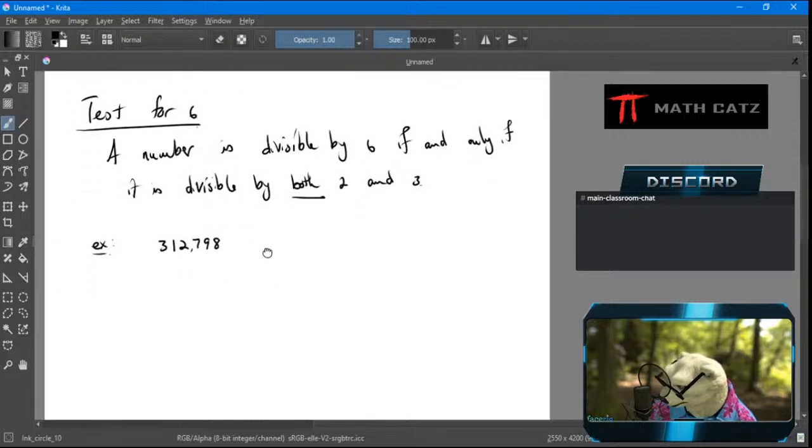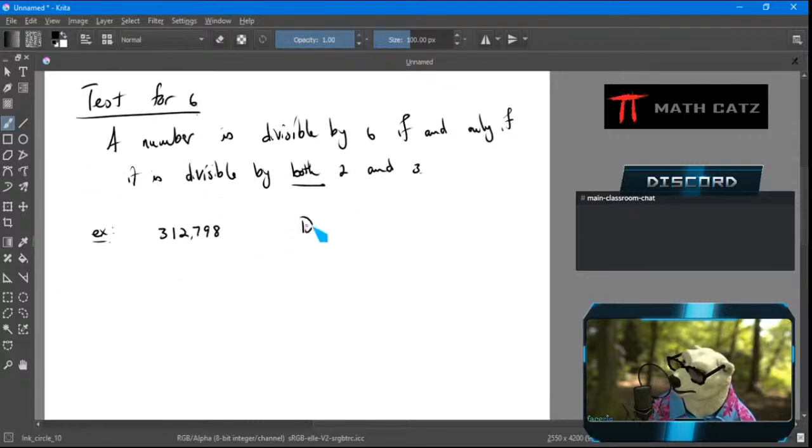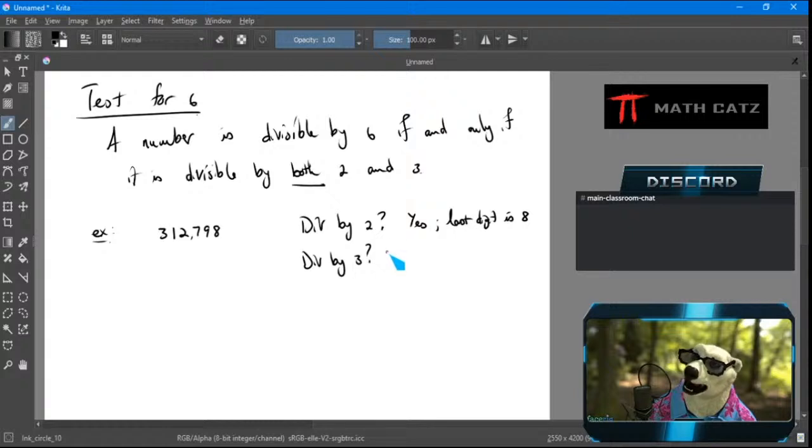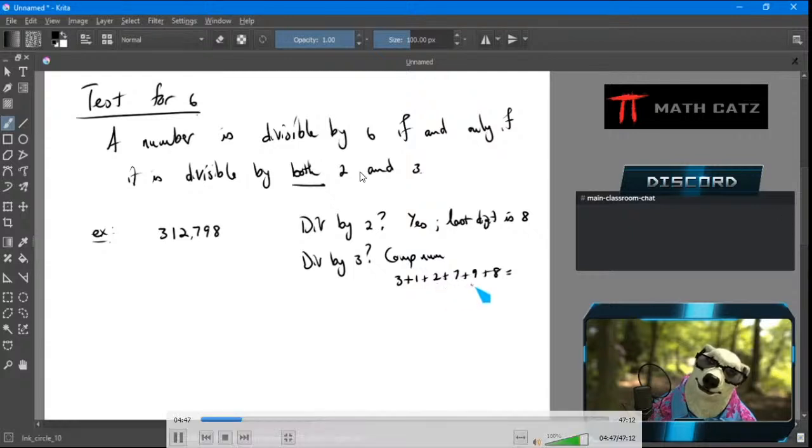Well, I need to decide, is it divisible by 2? Yes, because my last digit is an 8. It's an even number. Is it divisible by 3? Well, I don't know. My comparison number is the sum of all the digits. 3 plus 1 plus 2 plus 7 plus 9 plus 8. What do I get here? I get 4, 6, 13,